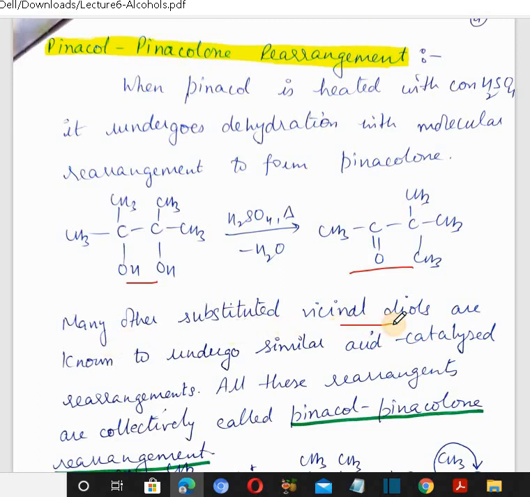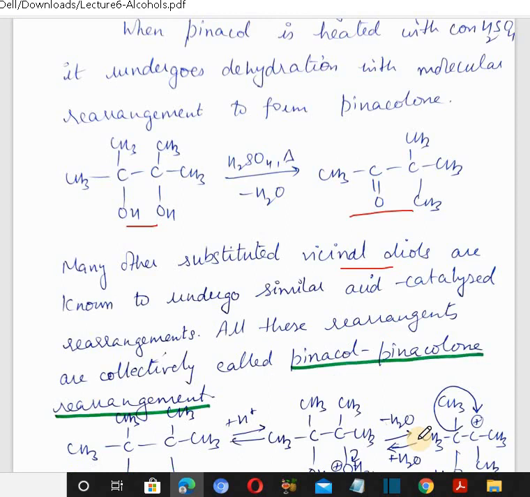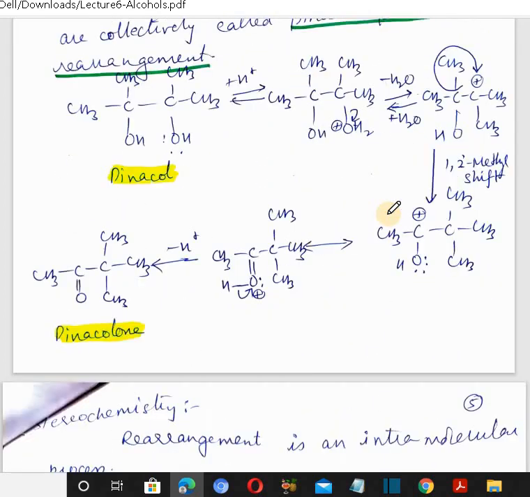Vicinal diols, meaning OH groups present on adjacent carbons, are known to undergo similar acid-catalyzed rearrangements, and all these rearrangements are collectively called the pinacol-pinacolone rearrangement. So in this, adjacent carbons have OH groups, and with sulfuric acid this gives pinacolone. And the mechanism is, if we take